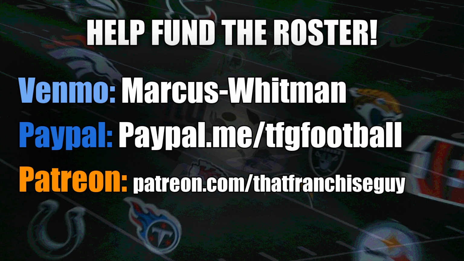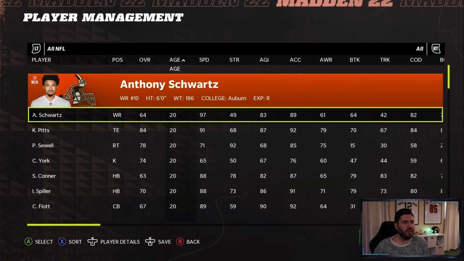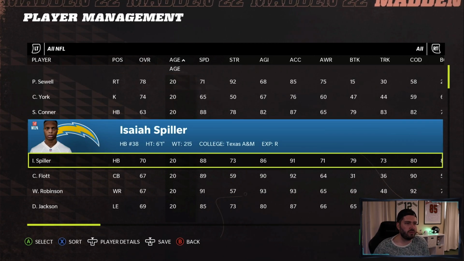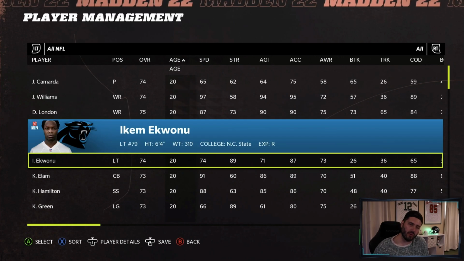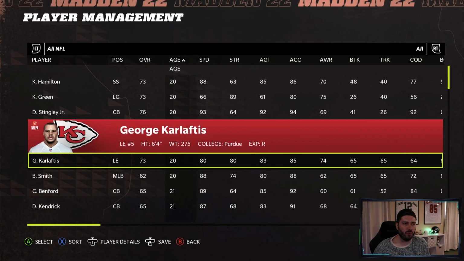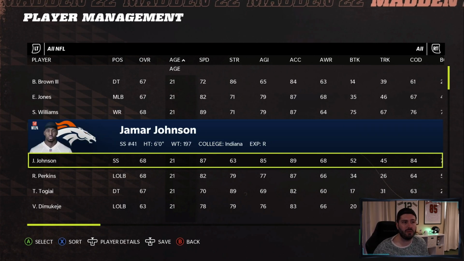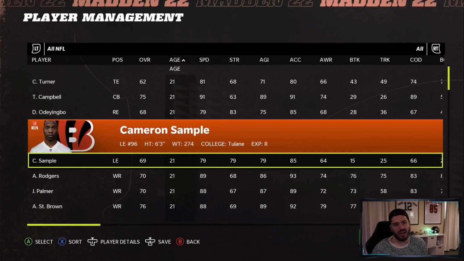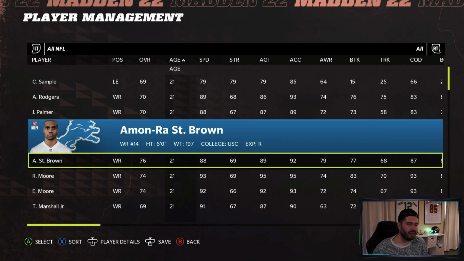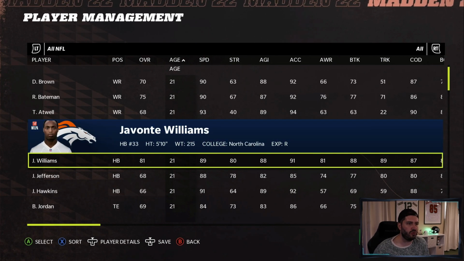I just want to walk through the roster a little bit here, show you what you're getting. I will note there's about 20 guys in the 7th round that we were not able to get to. We ran out of rookies to create. There's a limit on how many players you can add to the roster, so there's about 20 guys short. I did go ahead and add Carson Strong as an undrafted free agent, hoping to maybe get around to